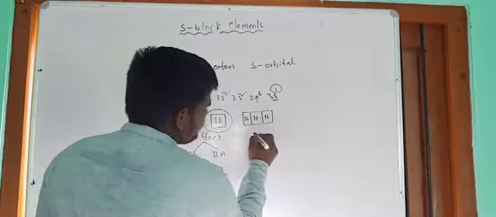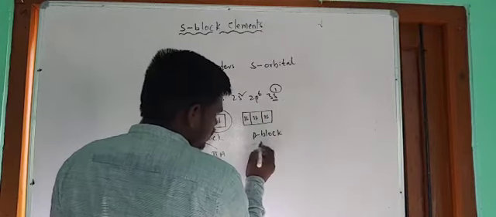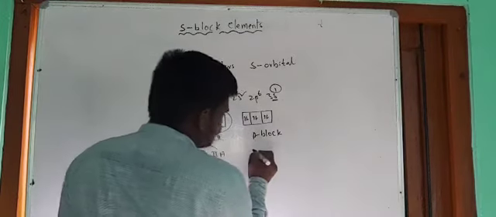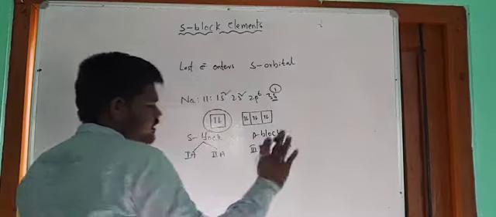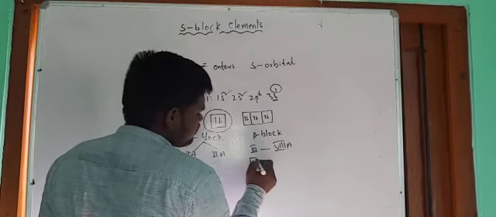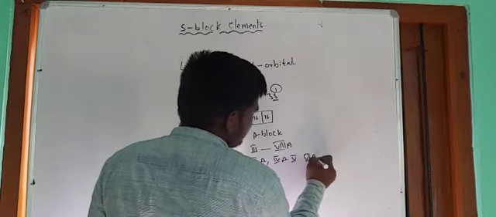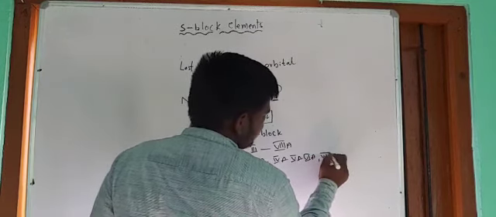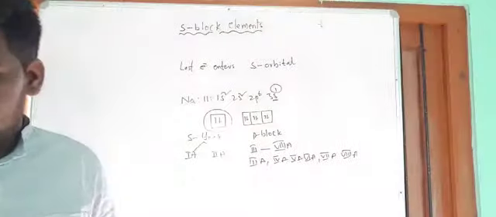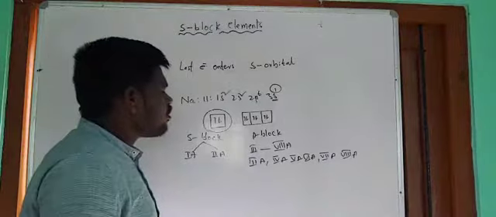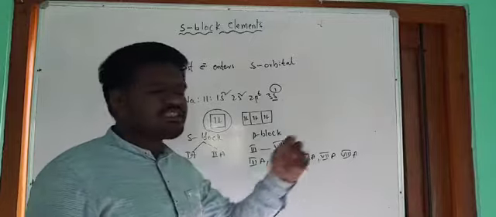So you can say that in the p block, the maximum number of groups should be 6. They are from 3rd A to 8th A. 6 groups are present. So 3rd A and next one 4th A, 5th A, 6th A, 7th A and last one 8th A. In p orbitals, maximum 6 electrons can be accommodated. So now in the p block 6 groups must be present.